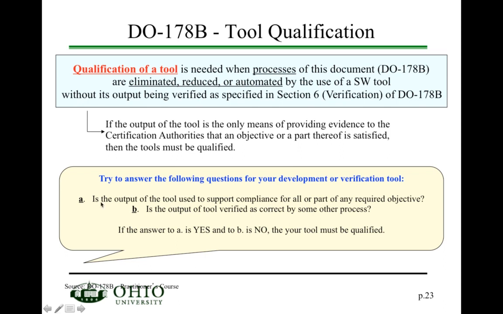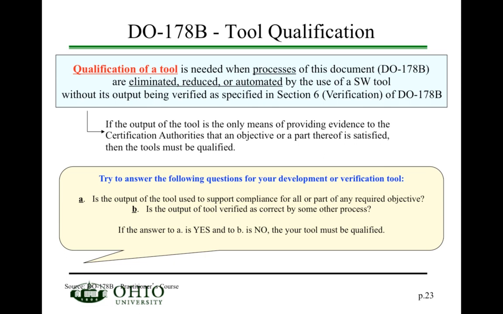A, is the output of the tool used to support compliance for all or part of a required objective? In other words, you're going to check all the objectives that you have in DO-178B. Is this tool used to support compliance? In other words, is it eliminating, reducing, or automating one of these objectives? And then the second question you need to answer: is the output of the tool verified as correct by some other process? If the answer is yes to the first and no to the second question, then the tool